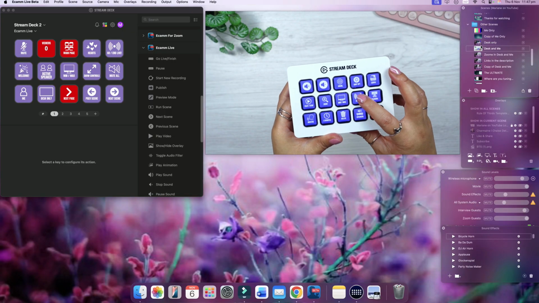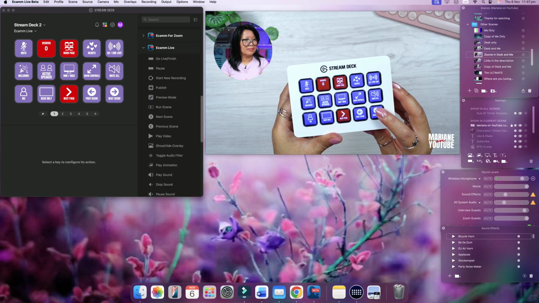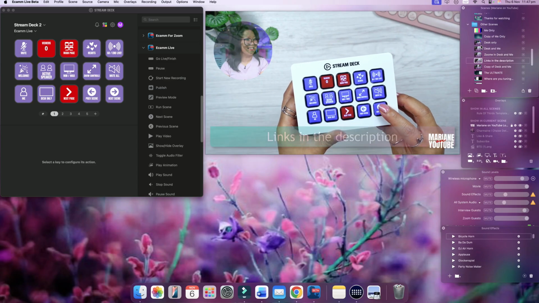If you've ever fumbled trying to switch scenes or overlays in the middle of a live stream, this video is going to change your life. I'm showing you exactly how I use my Elgato Stream Deck with Ecamm Live to make my live streams and